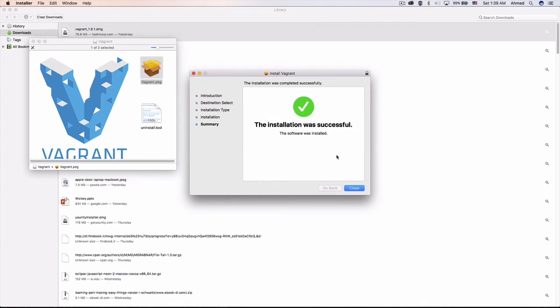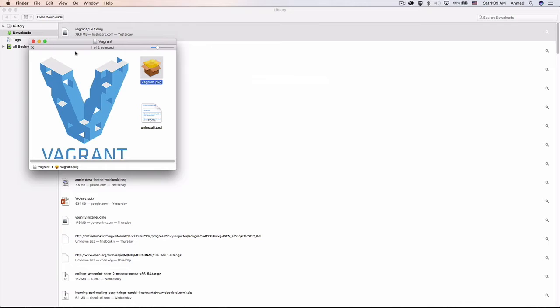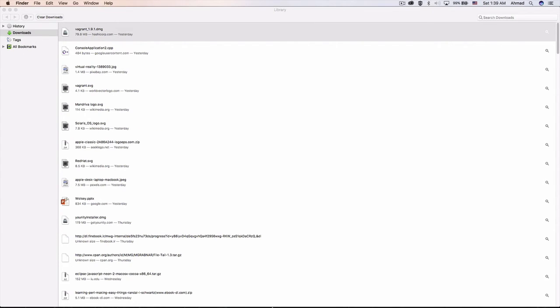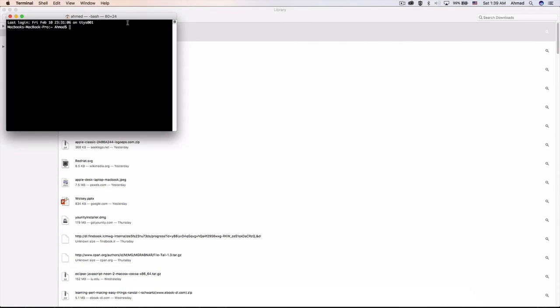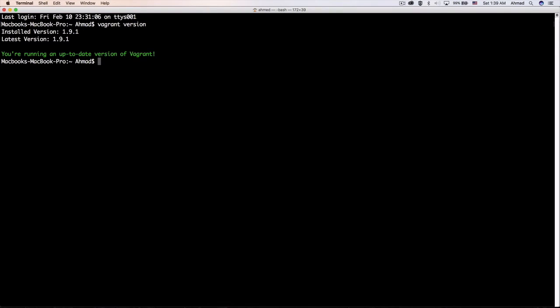Now the installation was successful. Close, and I can move the installation source to trash. I don't need it anymore. And again, in order to make sure that everything is working fine, let's run vagrant --version. And as you can see here, I have the same message that has been displayed on